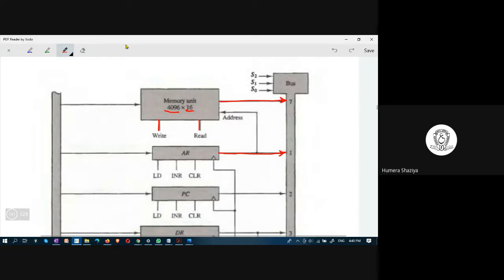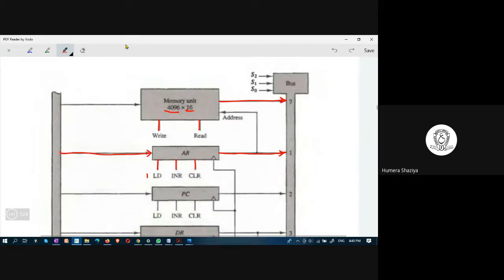On every register, you can perform 3 operations, which are load, increment, and clear. Clear means making all the bits 0. INR is increment: if it is 0, 0, 0, you increment it to 0, 0, 1. Loading means if there is some information traveling on the bus and the load is 1, then it